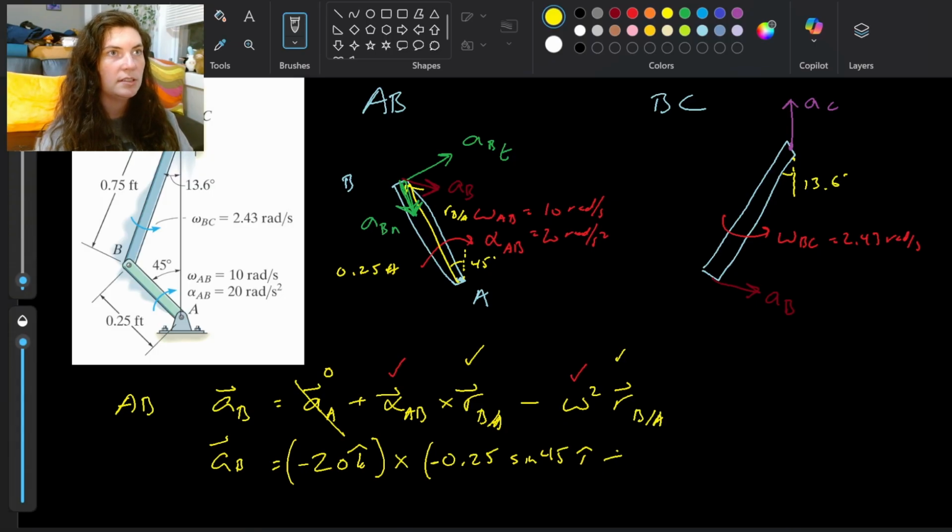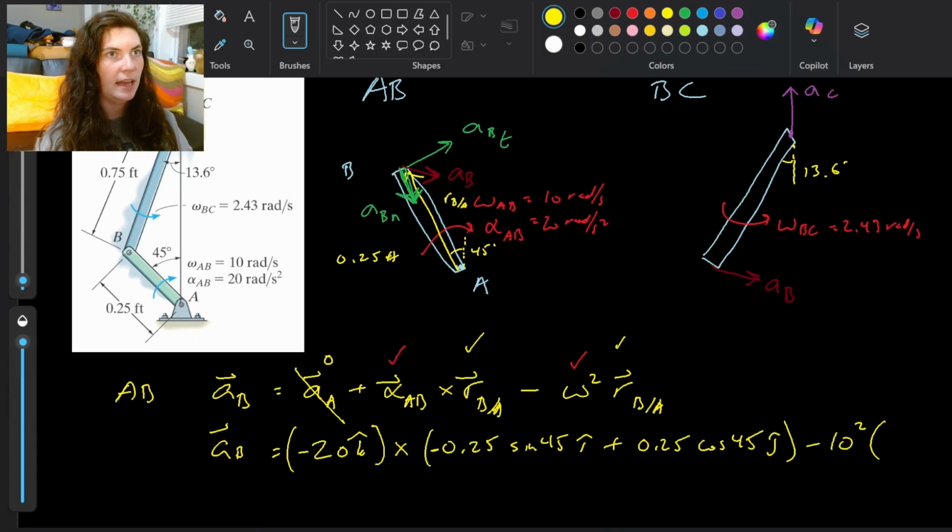And then in the positive y direction, so plus 0.25 cosine 45 j hat, minus omega squared. Omega they gave us is 10, so 10 squared, times RB with respect to A,